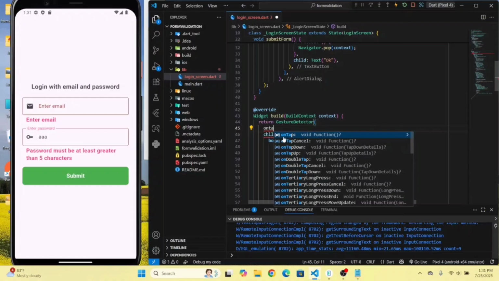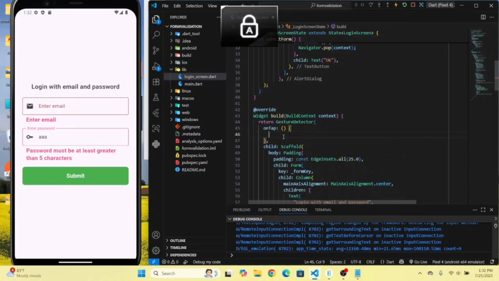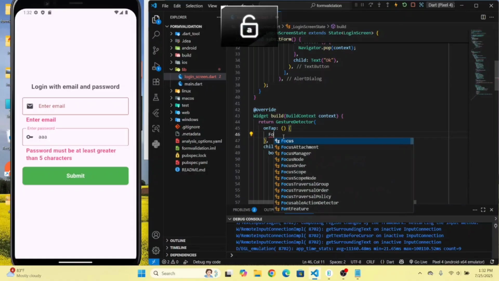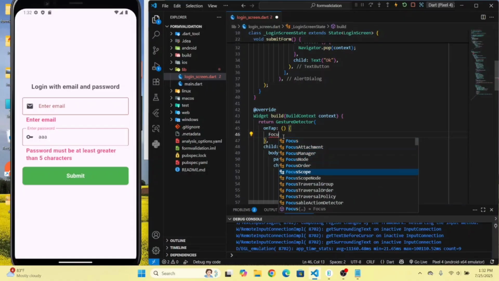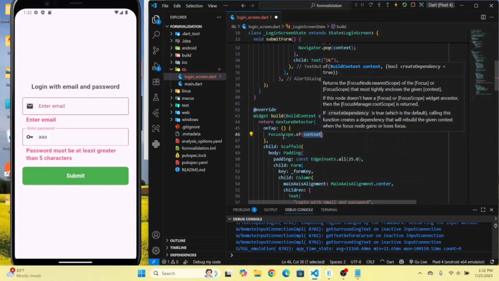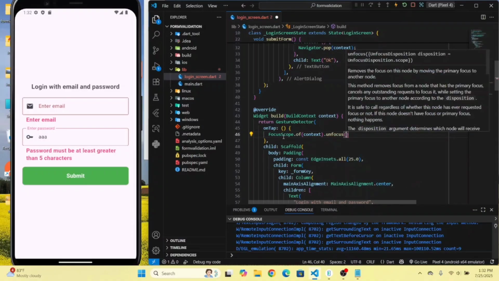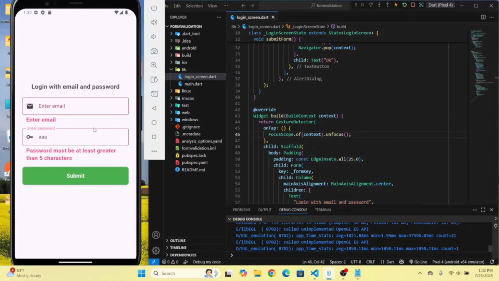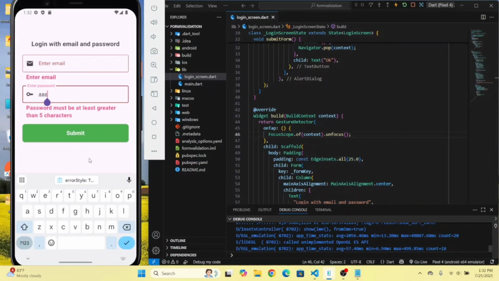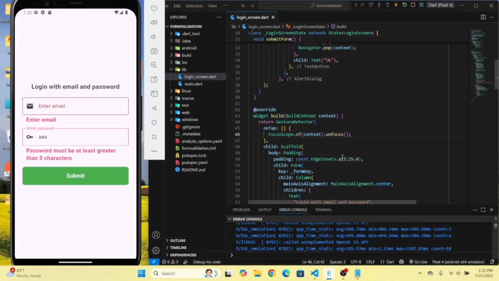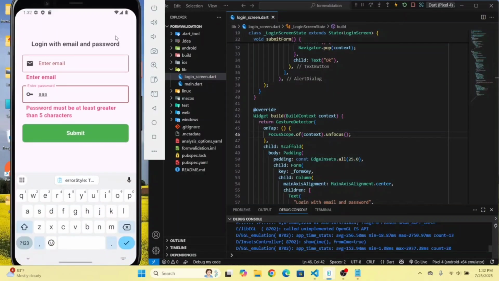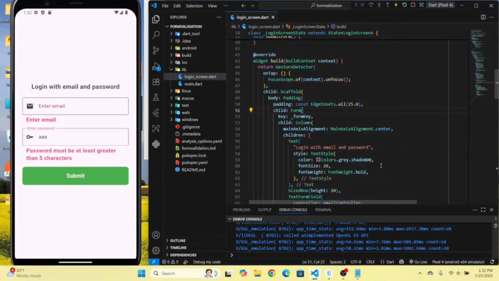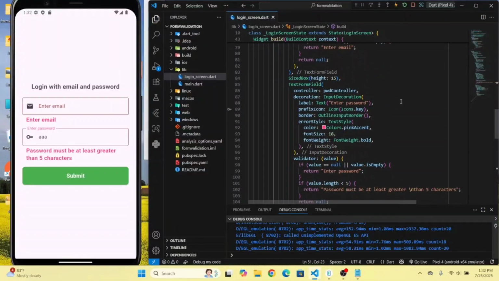On tap, this focus scope got off context dot on focus. Okay, it will fix this. It will dismiss this keyboard on tapping on the scaffold, anywhere outside inside the scaffold. Okay, now